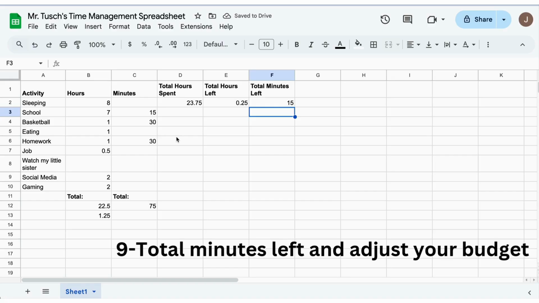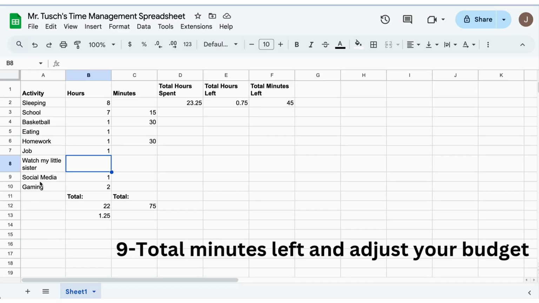Now, the cool thing about this is I've given myself so much to do in a given day that maybe I got to let that job go or something for a little bit. So I let that go. Boom, now I got 45 minutes left in the day. Or maybe I need to cut down on my social media for a little bit. So if I give myself an hour a day on social media, I've got a lot more control over my time. I got 105 minutes left. All right, so if I make some changes with some of my discretionary things, I really want that job, I can keep that job at an hour a day, still have 45 minutes to myself, just maybe make some changes to my social media use, or my gaming time.